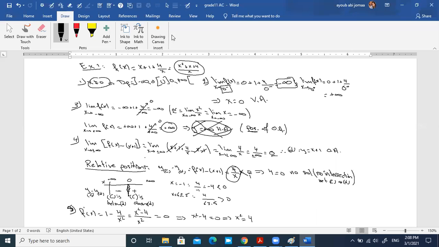And as we said, in case the limit as x approaches a number is infinity, then the line of equation x equals this number is a vertical asymptote. So here we have x equals 0 is a vertical asymptote. By the way, x equals 0 is the y-axis. So the y-axis is a vertical asymptote. Now,